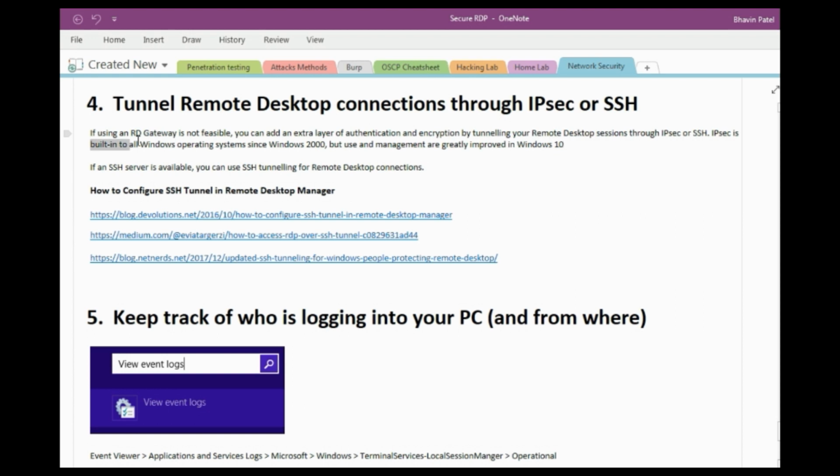IPsec is built into all Windows operating systems since Windows 2000, but its management was greatly improved in Windows 10. So if an SSH server is available, you can use SSH tunneling for a remote desktop connection. I will share the link regarding how to configure an SSH tunnel in Remote Desktop Manager in the video description.